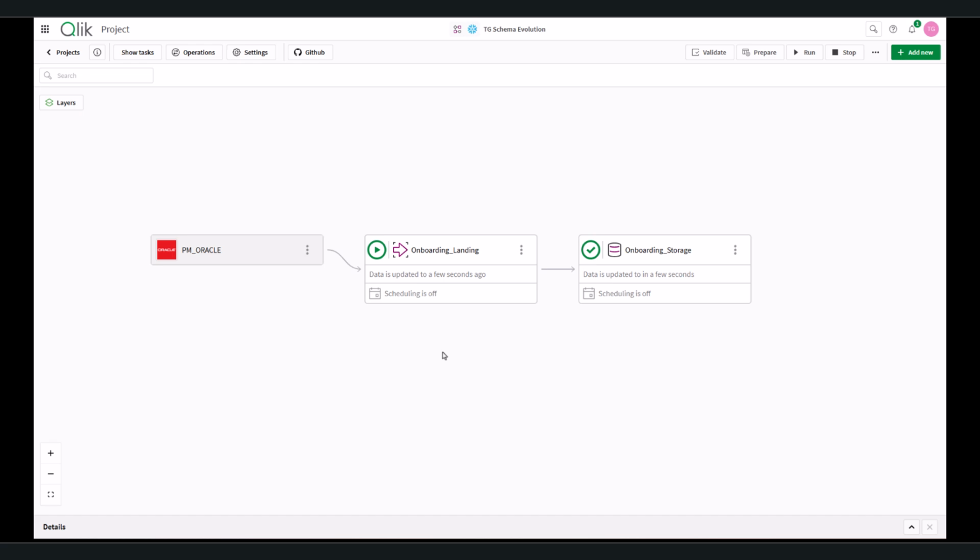Let's take a look. So here in a Qlik Talend Cloud pipeline project, I'm ingesting data from a relational database source into my data platform, which happens to be Snowflake, but could be any of the platforms that we support within Qlik Talend Cloud. I've already built the pipeline to handle data landing, which is real-time, log-based change data capture